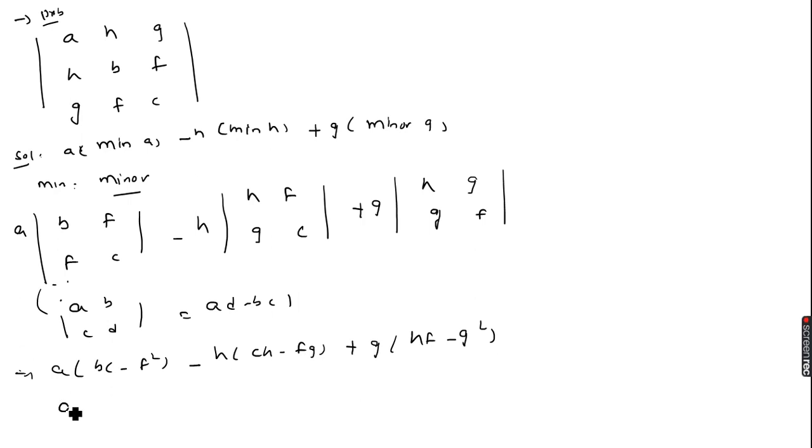So we get ABC minus AF square minus CH square plus FGH plus FGH